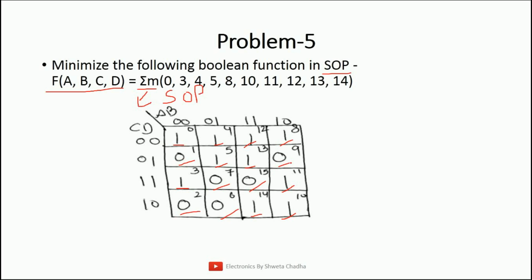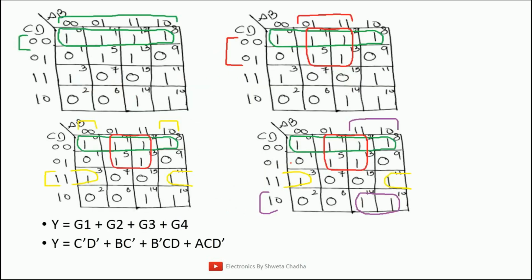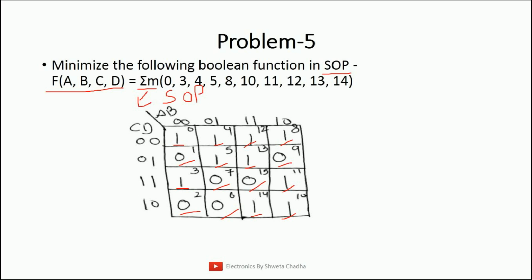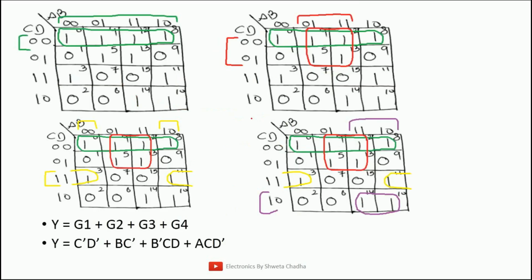Now let us start grouping. Once again I am repeating the two important points. Group size must be maximum and the number of groups must be minimum. Now let us start grouping. Starting from the maximum group that we can have, a group of 16, not possible. A group of 8, not possible. A group of 4, yes, that is possible. So here comes a group of 4, here comes another group of 4. So you can have a look over here, a group of 4, and here as well a group of 4. Okay, so we are able to go for 2 groups of 4.